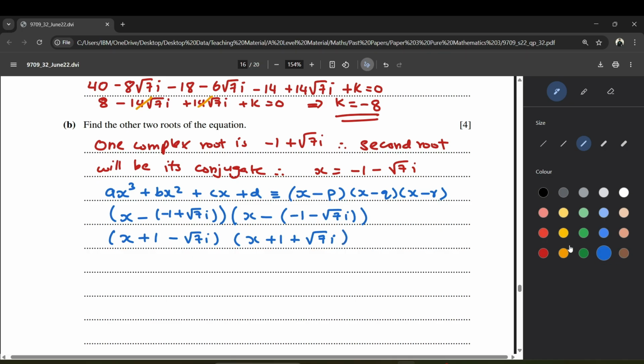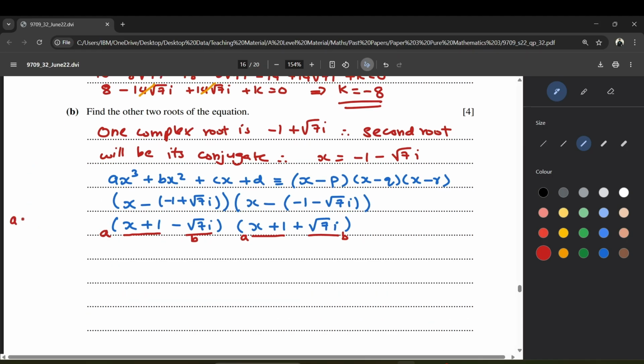Okay. Now we know from the rules of algebra that if you have, let's say this is A, and let's say that this is B. So this is A, and this is A, and this is B, and this is B. So we know that if we have A plus B times A minus B, isn't this in the same form? So that actually is A square minus B square, the difference of two squares, right? So therefore, what I can do is I can write this